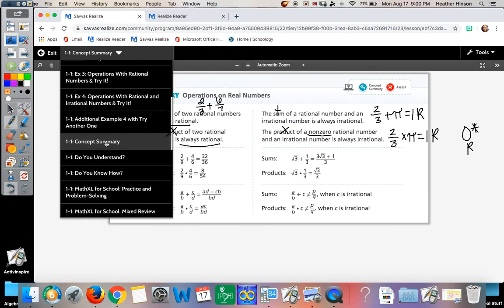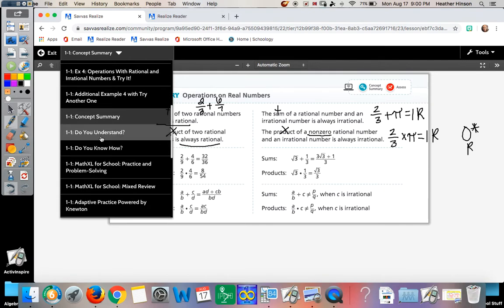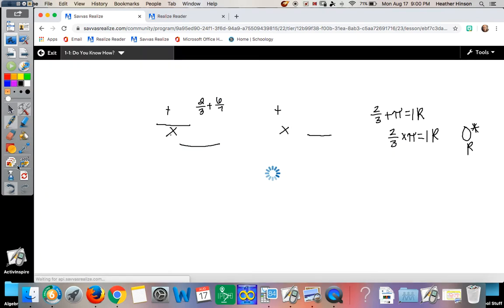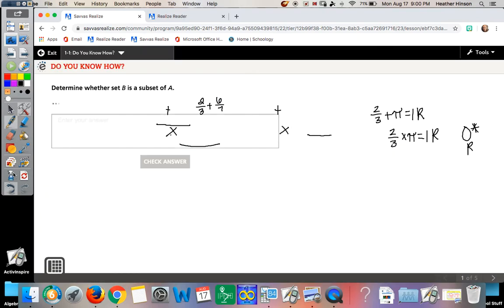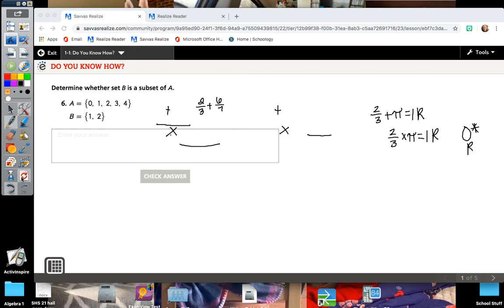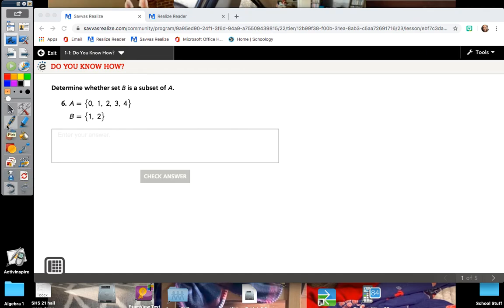Okay, next on our list, we're not going to do the "do you understand" because that's more of a classroom discussion type question. And because we don't have a classroom to do a discussion on this, we're going to skip those. You're more than welcome to read through them and see what you think. So we're going to move down to the "do you know how." This is going to be numbers 6 through 10 in your textbook, and it's also in your workbook, so you can do your work